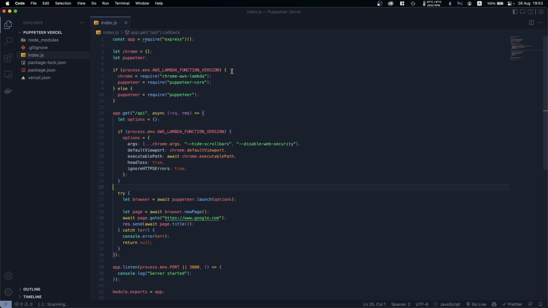So in my example, I'm using Express, so I'm basically creating a server, and then I create an API endpoint, which we can call in order to run our script. But there is a few things I want to point out. So first of all, we initialize Chrome and Puppeteer, so just those two values. And then we say if